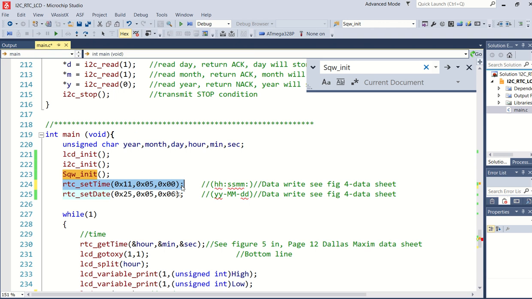But if you develop a product and do it like this, it would not be a good idea, because a lot of times people want to change the time, especially if the battery goes flat.